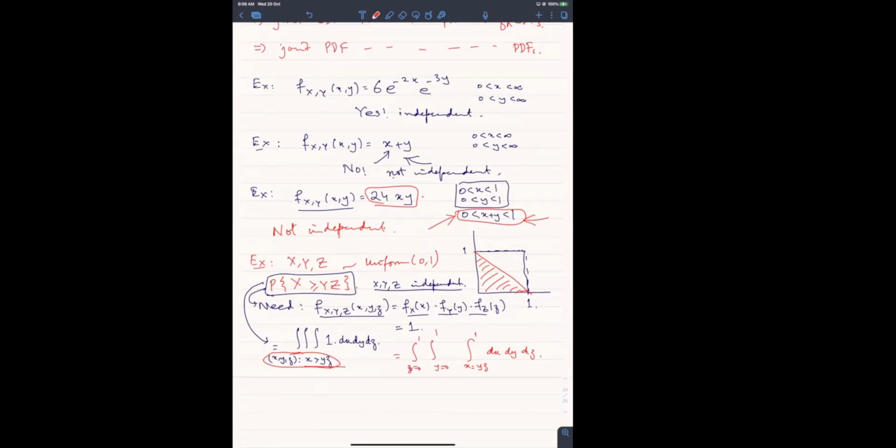ये जो पहले वाली दो इंटेग्रल्स हैं जिसमें y की लिमिट और z की लिमिट्स हैं, इनका ऑर्डर हम इंटरचेंज कर सकते हैं। ये जो अंदर वाला है इसका ऑर्डर हम बाहर नहीं खींच के ला सकते। Why? Because the limits are dependent on y and z. तो लिमिट्स की वजह से इंटीग्रेशन में y और z आ जाएगा।